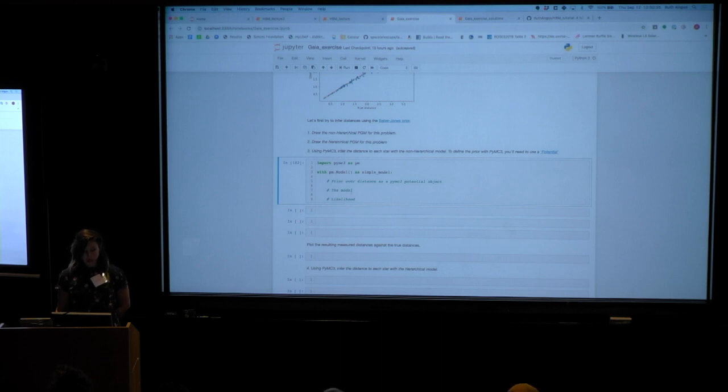PyMC3 we'll use to define this model and do the sampling. This part, defining the prior, is tricky. You need to use a PyMC3 potential. Don't worry too much if you get stuck on this bit. It's a little tricky. I'll probably put some code up on the screen in a bit because it's definitely not obvious. And the PyMC3